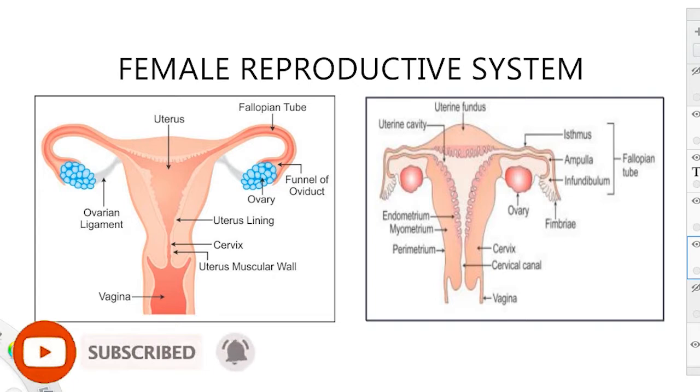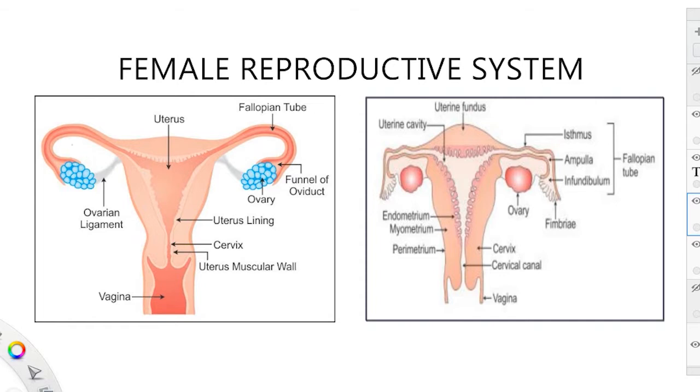In the last lectures we already discussed our male reproductive system. Now it's time to move forward with our next type, that is the female reproductive system, as it is very clear from the slide also. What is flashing on your screen should also help you understand what we are trying to get, right or wrong? I think you must be very clear about what we are going to study right now.